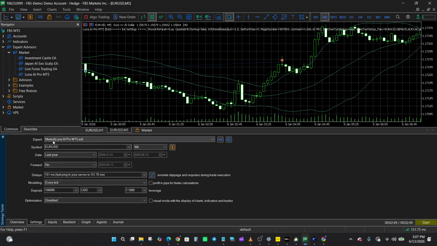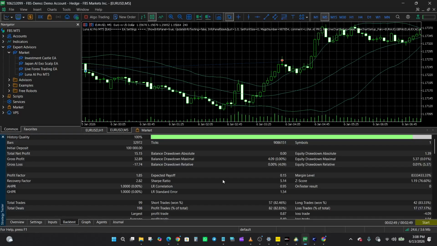So we're testing the Luna AI Pro EA on EURUSD on the M5 time frame as recommended. All right, and we're testing from the beginning of this year, 1st January 2026 till date. As for the delays, we're using the last ping to the server and we're using the every tick modeling. Looking at the backtested results, we can see that from an initial deposit of $100,000, the total net profit